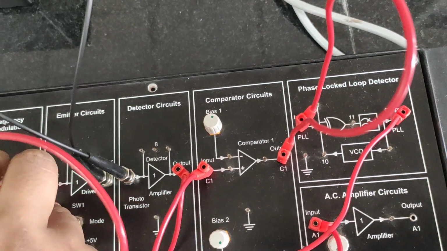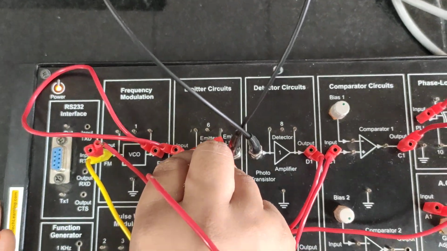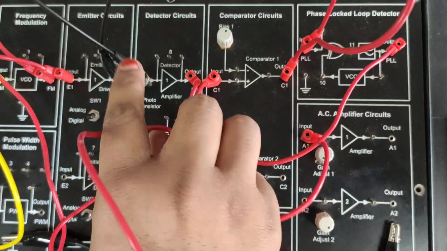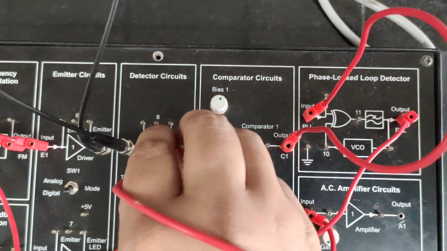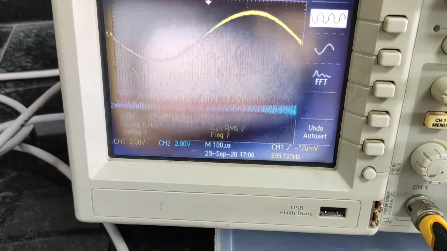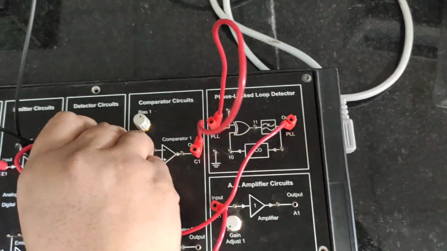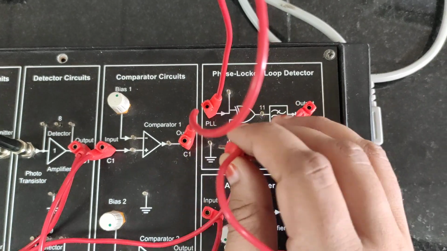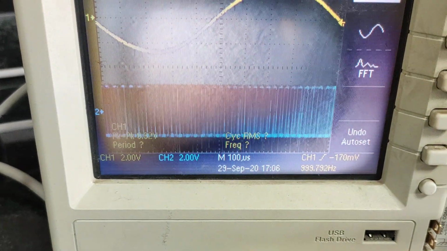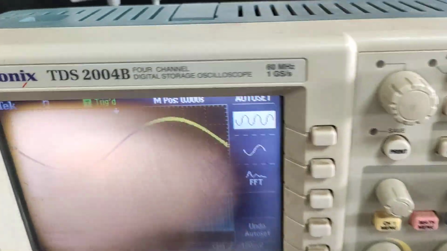So let's check the output at the emitter circuit. At the emitter circuit, this train of pulses gets converted according to the intensity to the light waveform. Okay, that light wave gets captured by the detector circuit, and let's observe the output of the detector circuit. See, the output of the detector circuit consists of some noise and higher order frequency components. Okay, so to remove the noise and to get the shape of the actual signal, we will be using this comparator circuit. By adjusting the gain of the comparator circuit, we will be shaping our train of pulses signal.